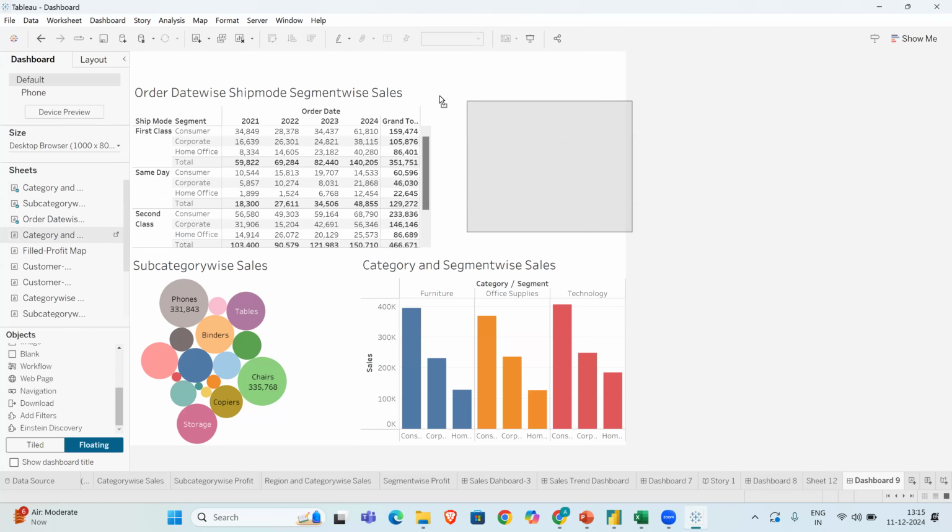Then I'll say what should be the width? This should be the width. In this way, we can just enhance the look and feel of our dashboard, which we have designed. And now, just after designing and giving the proper shape to it, if I want these all visuals should be,